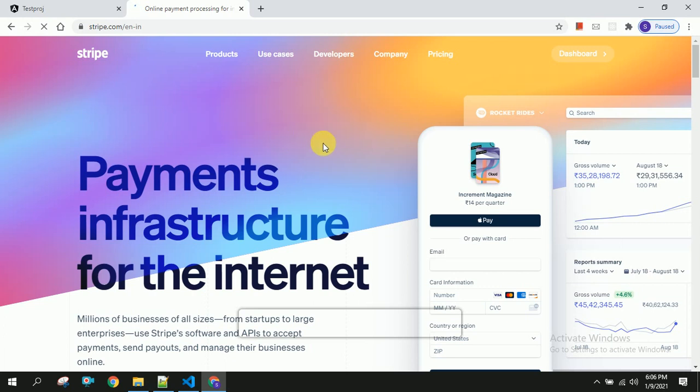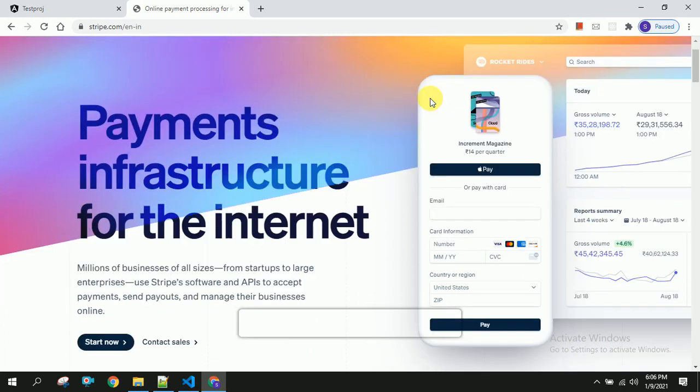So first you have to do the sign up with this Stripe. Once you are done with the sign up, you will be able to see the login screen.